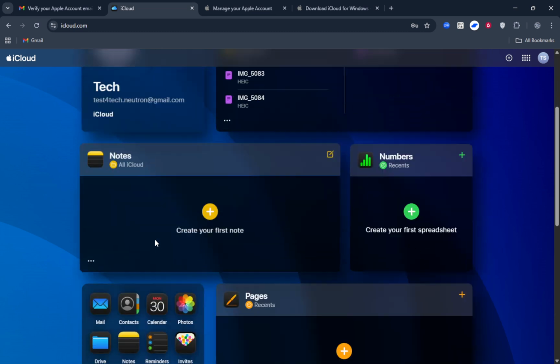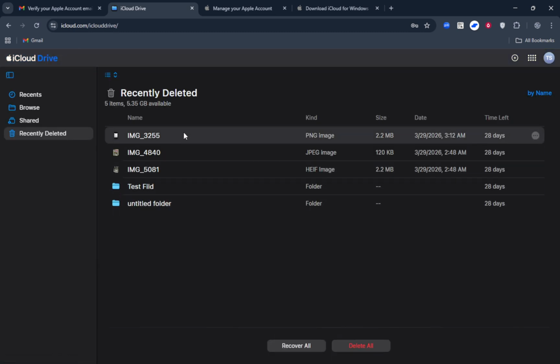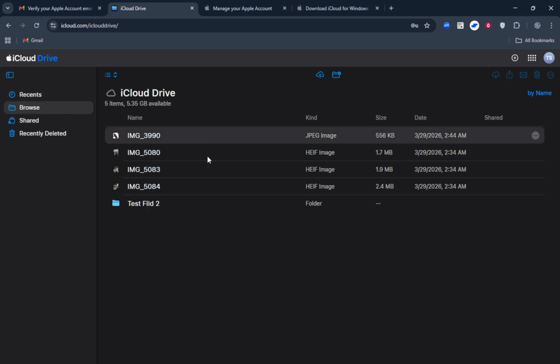Once that window passes, iCloud permanently deletes them, and they can't be brought back through these tools. To avoid surprises, try to start your recovery as soon as you realize something is missing, and double-check that you're signed into the correct Apple ID if a file doesn't appear where you expect it.